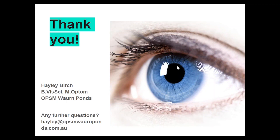Ortho K? So I think if it's your own practice, obviously the best advice would be getting a corneal topographer if you don't have one already. If you're working with other optometrists, perhaps speaking with your boss to see if that is an option as well. That would be fantastic. But it's definitely a good thing that we should be giving our patients the opportunity to have. It works really well. There's a lot of evidence base behind it. So I think just diving right in, picking some patients that fit that criteria first would be really useful. So don't do the most complicated patient first. Pick someone who's a -1 to a -5 and has all those other criteria that we like, and go from